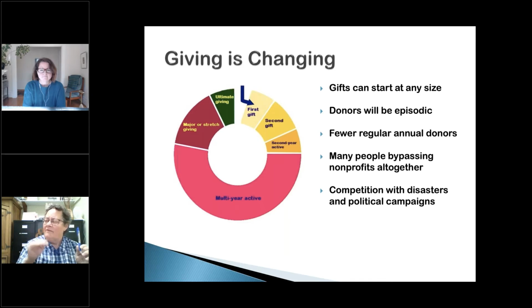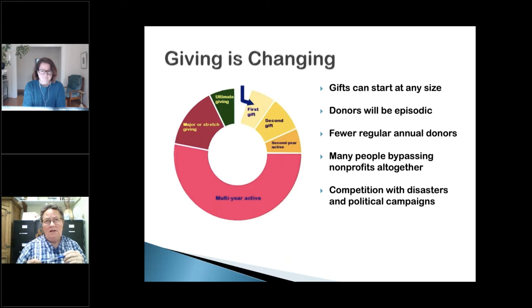There used to be more of an order of giving, where people would start with $50 or $25 and then move on in ever-increasing amounts. It was very easy. But now people start at $10,000, and then the next year they'll give $200, and then the next year $1,000. And it's like, what is your situation? Why are you doing that? There's some logic from the donor's point of view, but we don't know it.